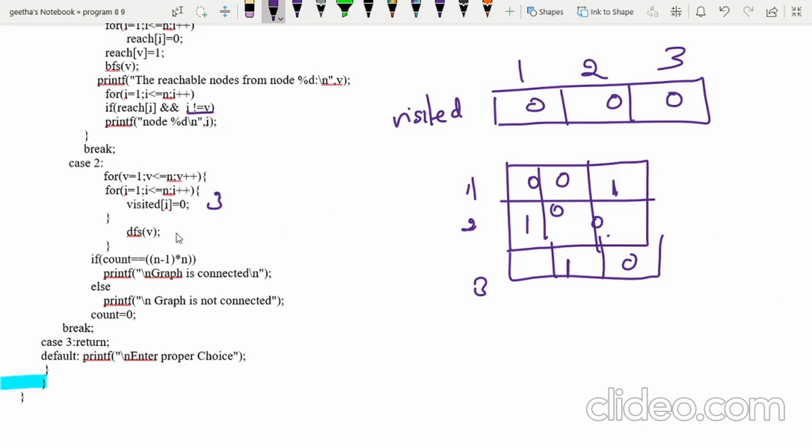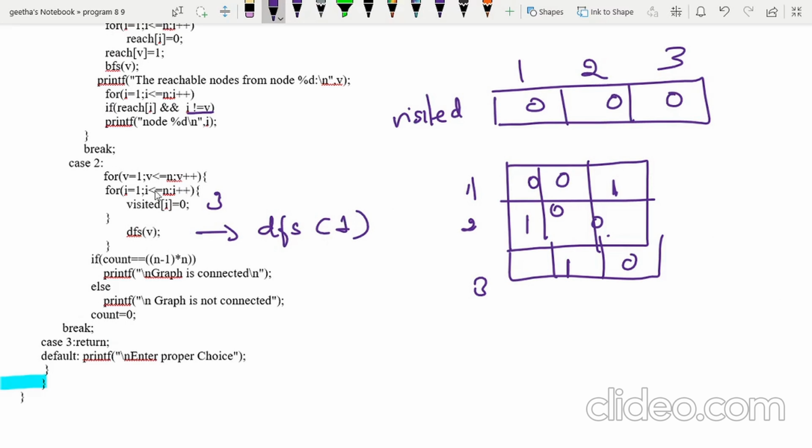Coming to DFS of V, I will call DFS of V. Suppose the source node is 1. Let's again assume the source node here is 1. First of all it is 1, later it will take 2 and then 3. This is how it is going to work. From each node we are going to check whether other nodes are connected or not.